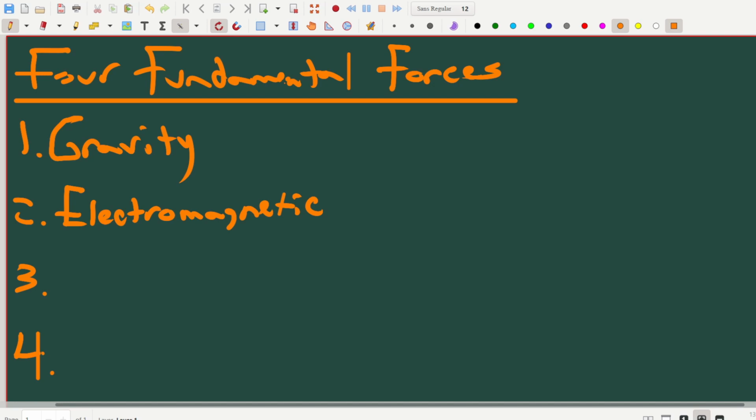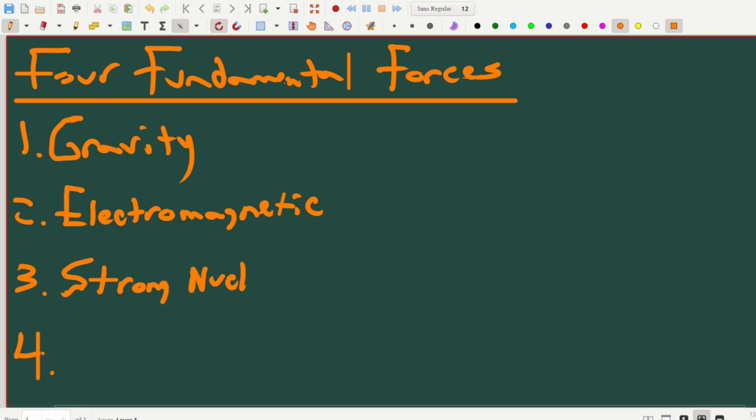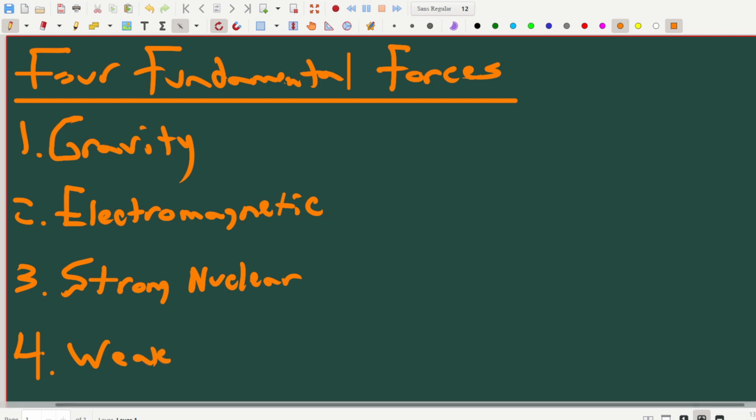And those are very useful names, as we'll find out, because they're very descriptive. They're simultaneously not descriptive at all, but they're also descriptive. So what's called the strong nuclear force and the weak nuclear force. We'll talk a little bit about each one of them, especially the strong and the weak, because you probably don't